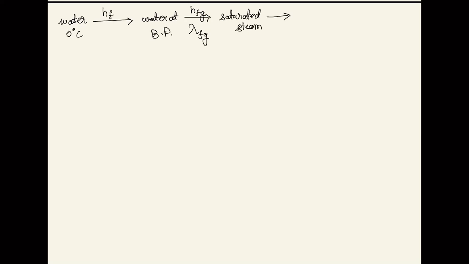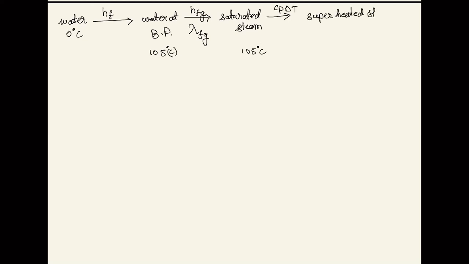And then if I am going to higher temperatures, maybe let's take an example of 105 degrees Celsius, something like that. Let's say we want to heat it to 105 degrees Celsius. Now I have made the steam at 105 degrees Celsius. Now I need to heat it to some other value. So now I will be giving Cp delta T to it, and I will be getting superheated steam.